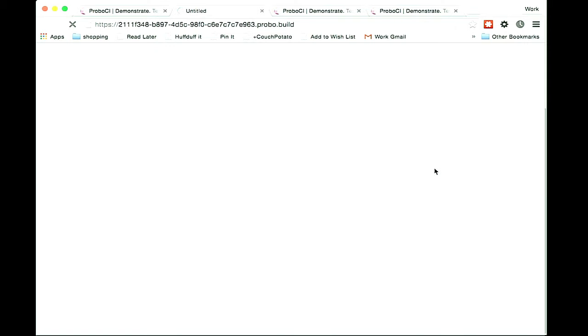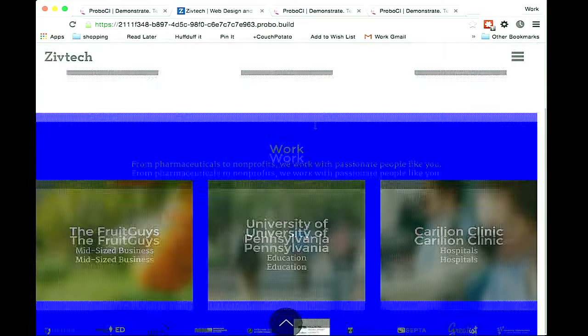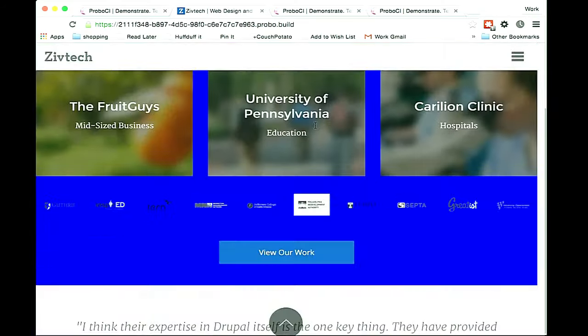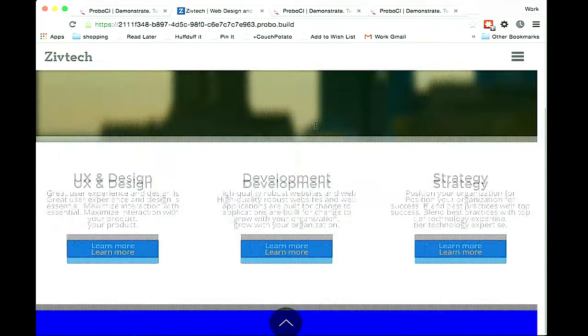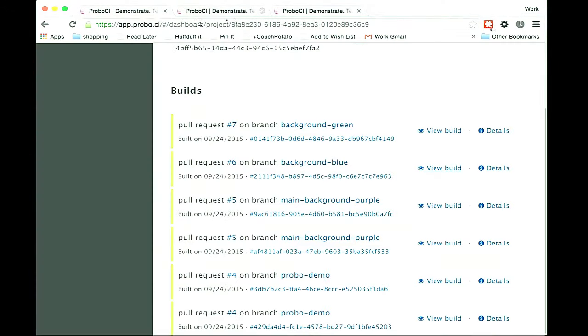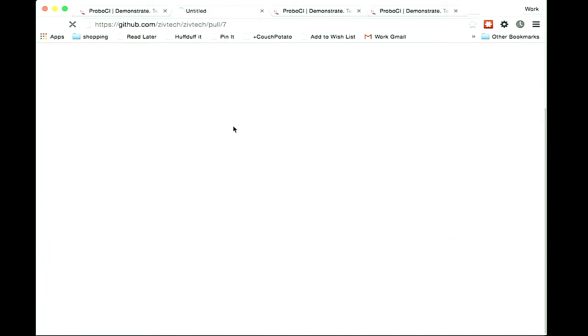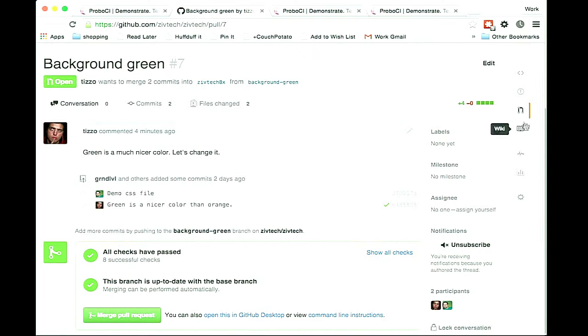Any guesses as to what I did on this one? And as soon as that loads and we scroll down, you're going to see that, there we go, the background is blue on this one. We can look at these different parallel universes of if I accept this pull request, what's going to happen to my site? And if we go back there, I think I click on that pull request ID, just showing that that's a quick way to get to another pull request. You can see that all the checks have passed now. You can see that build.